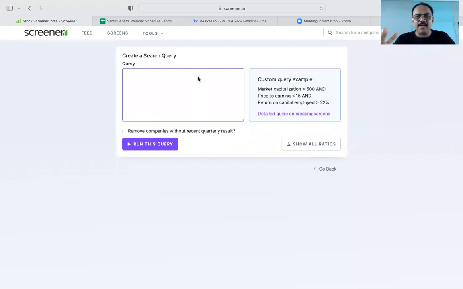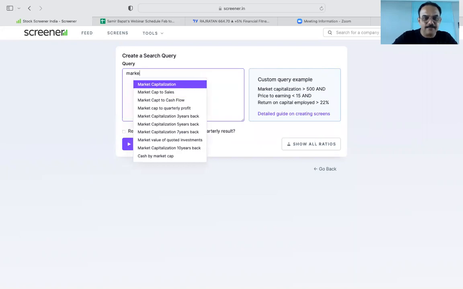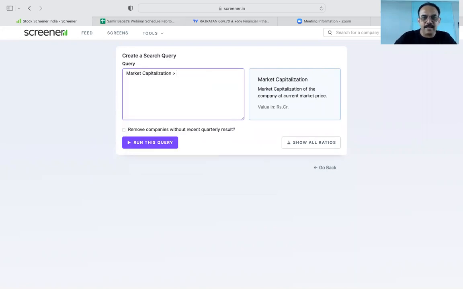You can see the screener, right? This screener window, run this query and all. Yes. If yes, type S. S for Screener and S for Sameer Bapat. Okay, great. Thank you. So market capitalization greater than 0. If I run this query,